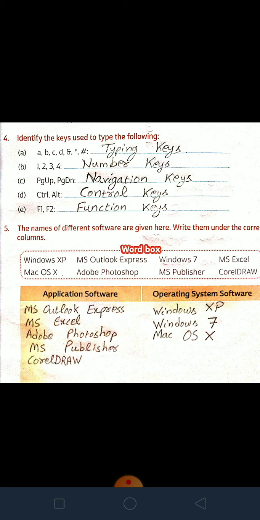So students, I hope all of you have understood these question answer type questions. So please write it down in your notebook so that you can read easily. Then whatever is left we will discuss in our next video. I hope all of you have understood.